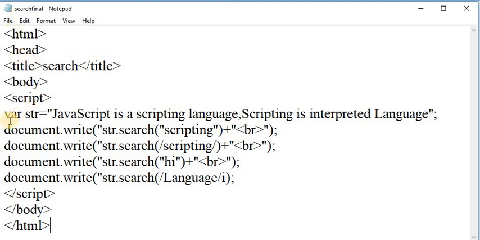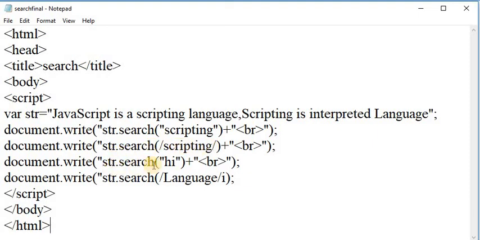First, I am taking one variable, that is str, and assigning a value to that variable: JavaScript is a scripting language, and scripting is an interpreted language. First of all, I am searching the scripting. After that, I am searching the scripting with a regular expression.